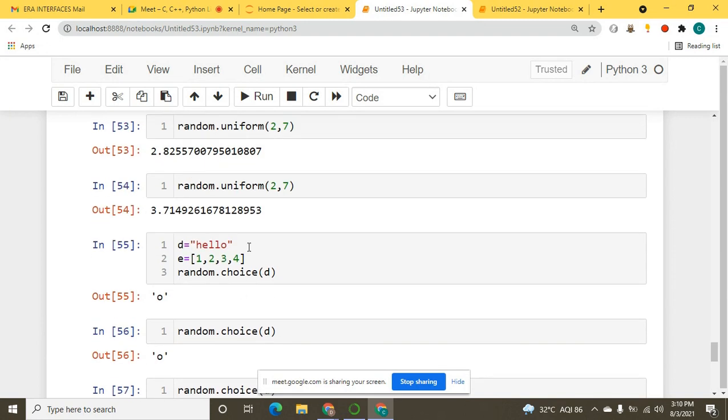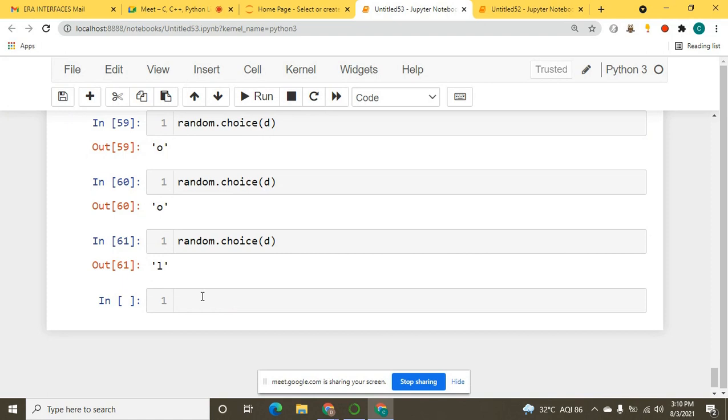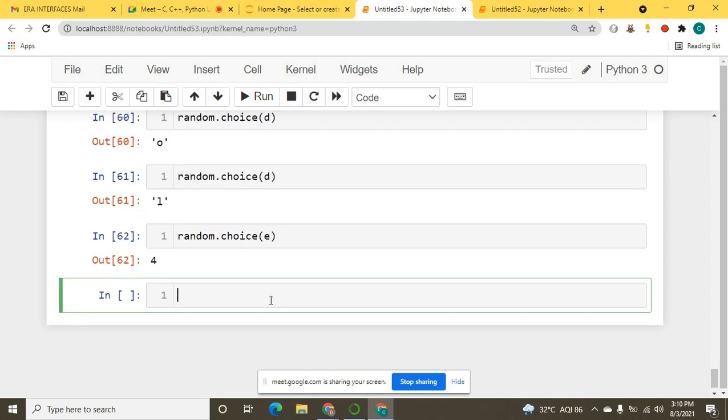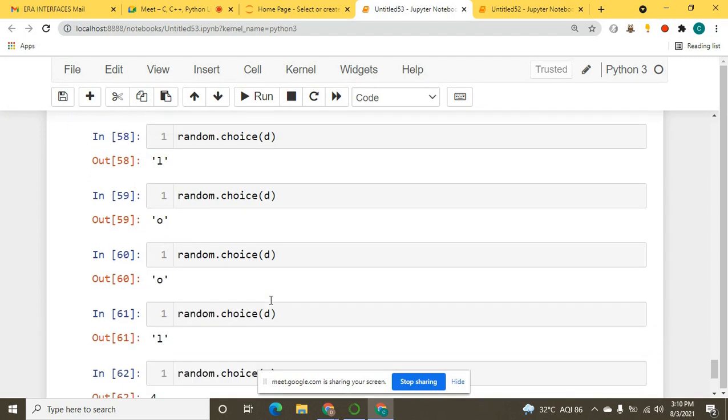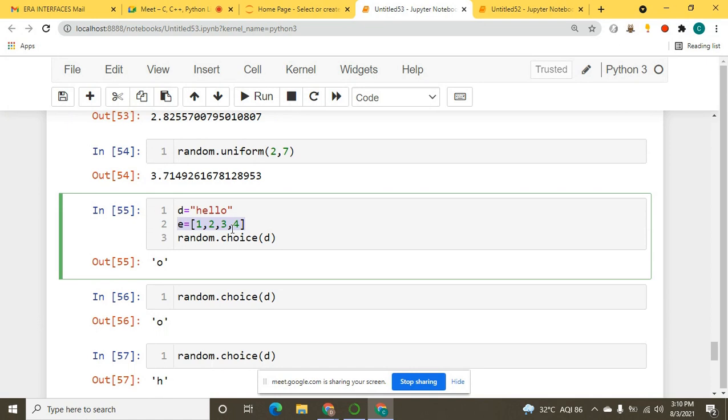What I want to specify is a sequence, and from that sequence, I want a result. I want to pick any random number, any random string or any random character. So let me take one E now. Now I want to take a list. Before, D was a string, now I want to take this list, and you can see that it has 4 numbers only: 1 2 3 4. Okay, this was your list. I hope I'm clear, and you all remember that this was a string, and this was your list, right?